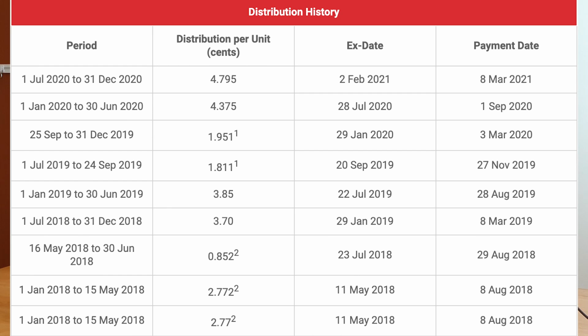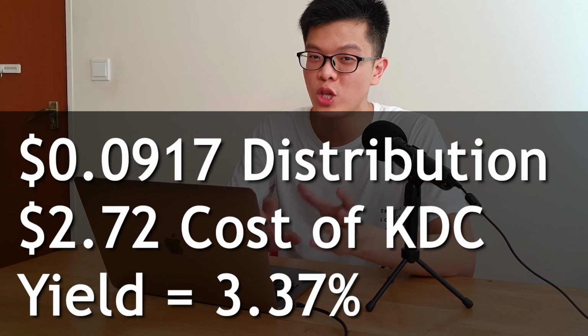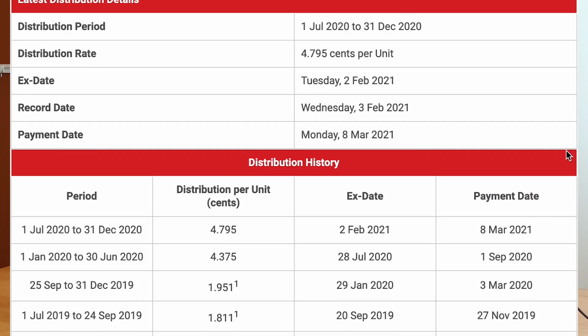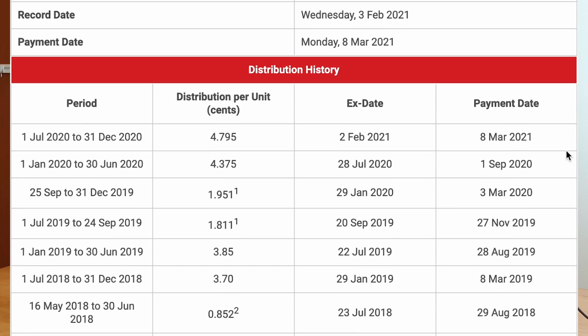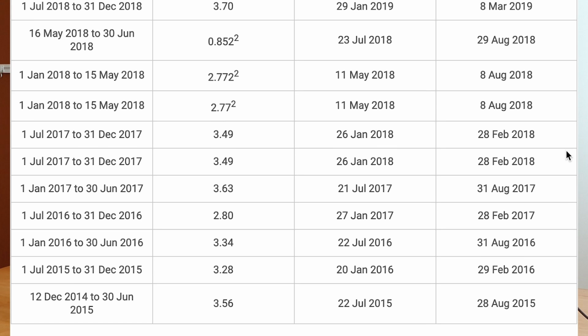If we look at the DPU for last year, it hovers at around 9 cents for the full year, and that represents a 3.4% yield on the cost of $2.74. And looking at the dividend history, it has been increasing year on year. In fact, one of the highest increasing growth in DPU that we have seen in the REITs. That also signifies that the economy is moving towards a tech-driven environment, and there is higher demand for such data